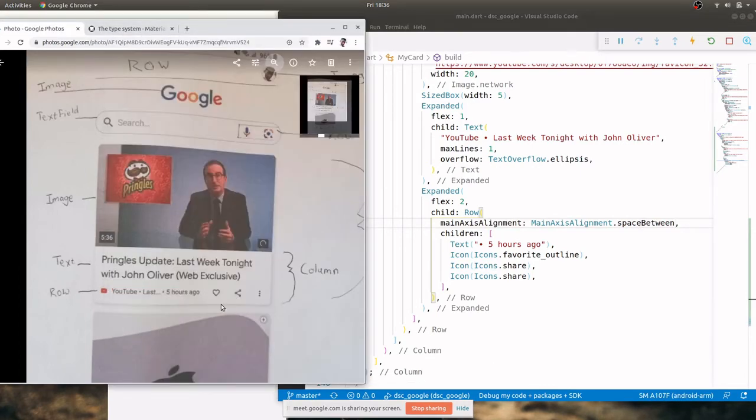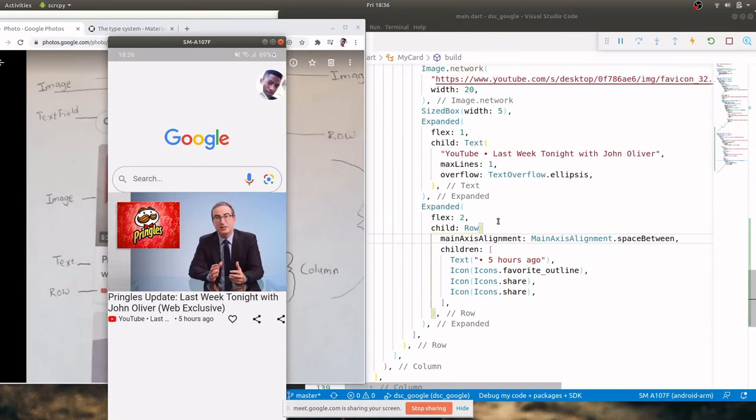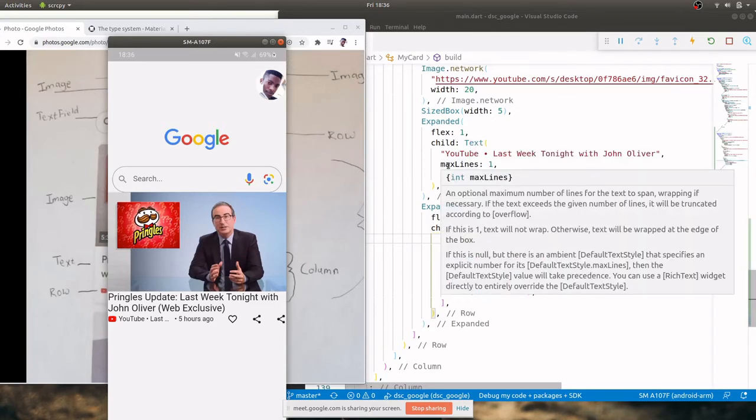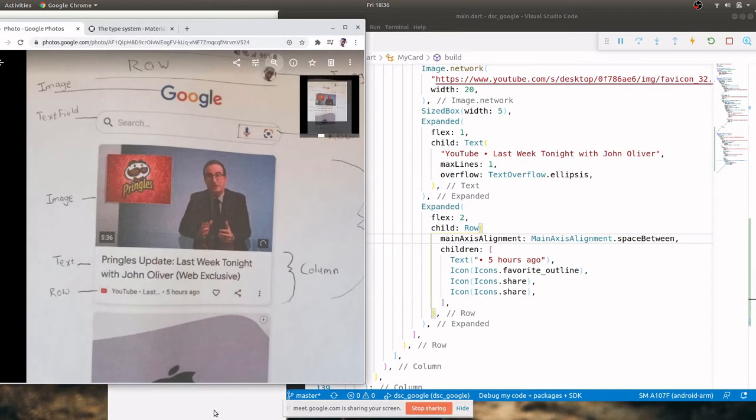And why is it like this? Last week there's some space here. I'm not so sure where it's coming from, so let's look at it quickly. You're saying space between last week. Anyways, I'm not so sure at the moment, but let's just continue styling